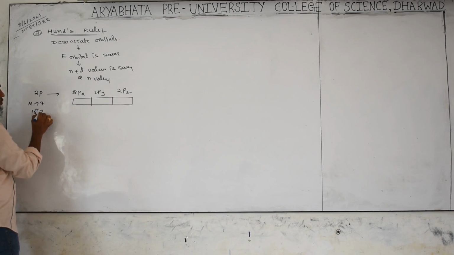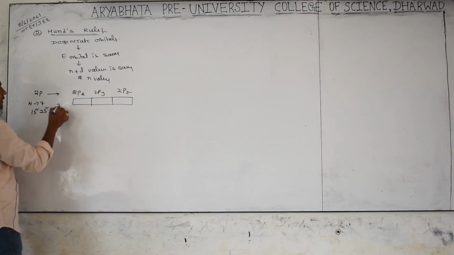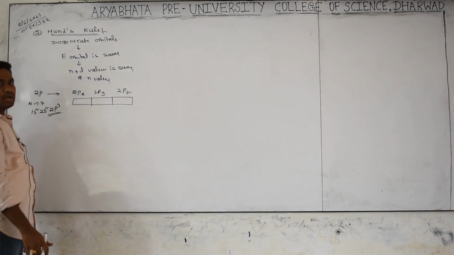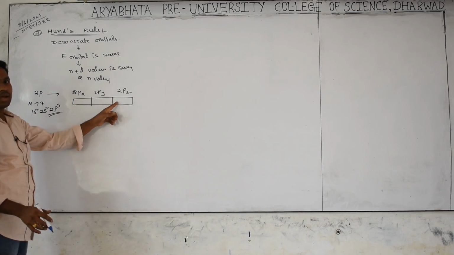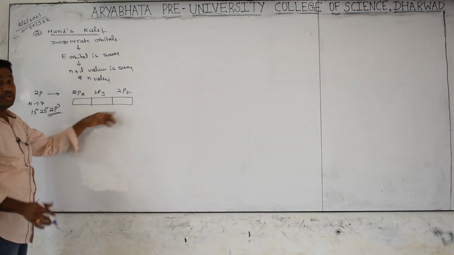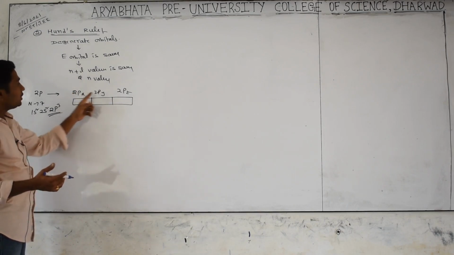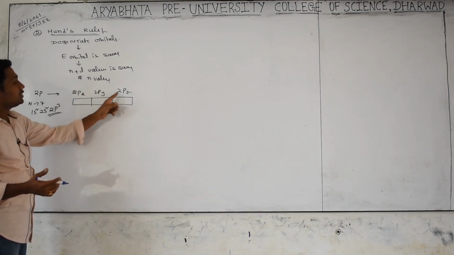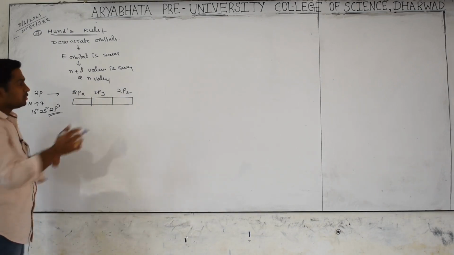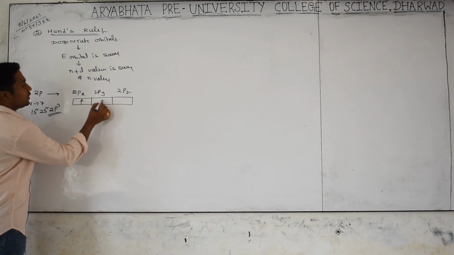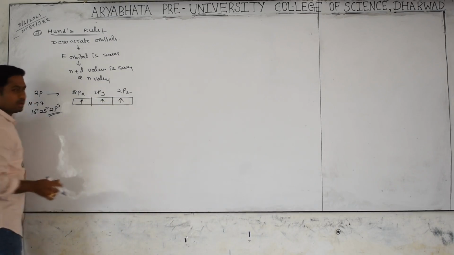This is happening in the case of nitrogen, atomic number 7. Configuration 1s2, 2s2 and 2p3. In 2p, how many electrons do we have? 3 electrons. But these 3 orbitals are degenerate. So degenerate means what? The n plus l value will be the same. For all p orbitals l is equal to 1, so for the 2p orbitals n plus l is equal to 3. That's why one electron goes into each orbital.